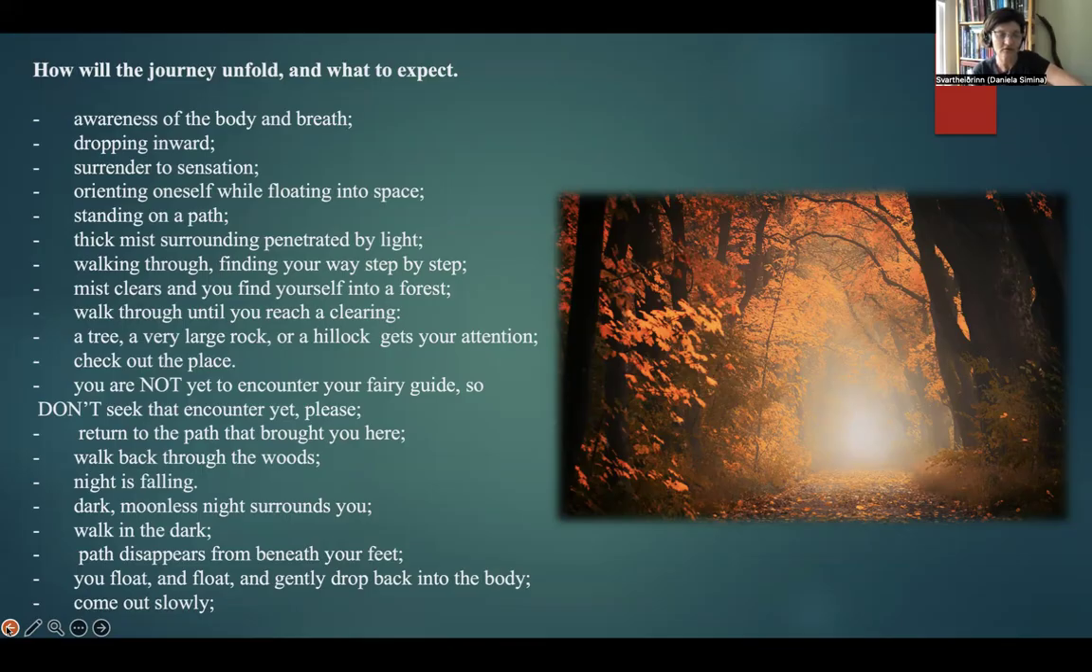Night is falling. Darkness surrounds you. You walk in the deep, dark, moonless night. And you sense the path disappearing from beneath your feet. And you begin to float and float,